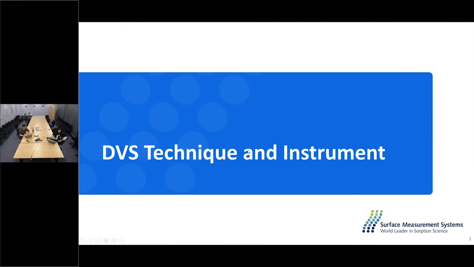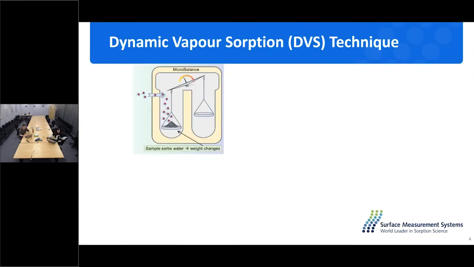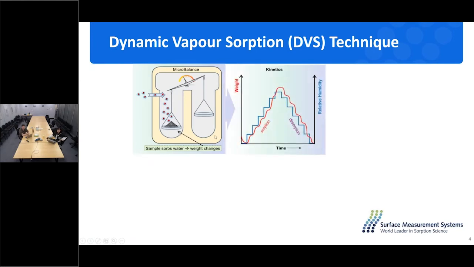So the dynamic vapor sorption basically is a gravimetric method based on a really accurate microbalance, where we put the sample of interest into our balance, and then we change the concentration of the vapor surrounding the sample itself. This should be water vapor or organic vapors, and then we weigh the sample inside the chamber to reach an equilibrium, and then we record the mass change of the sample itself. So basically, we are introducing different levels of relative humidity or partial pressure of organic vapors. We will weigh the sample to reach full equilibrium until we get a full picture about the sorption and